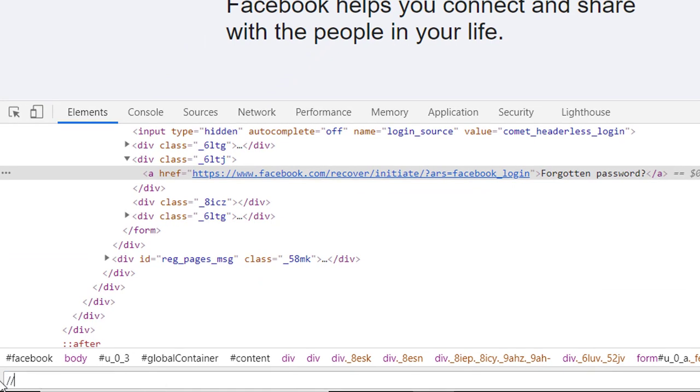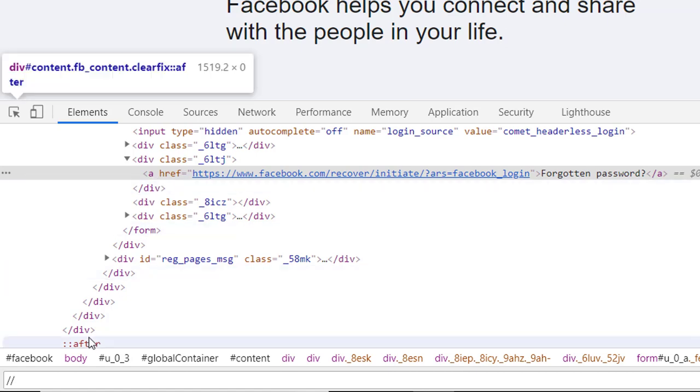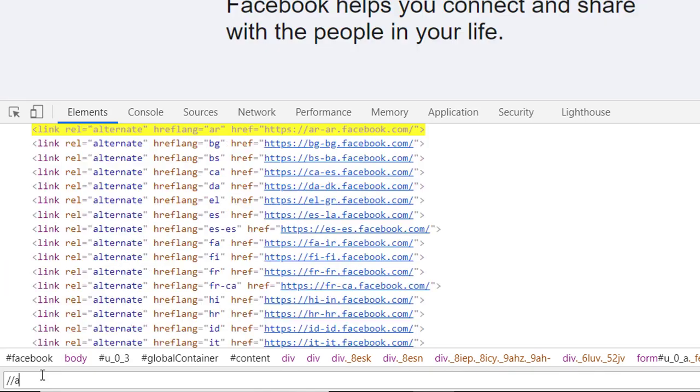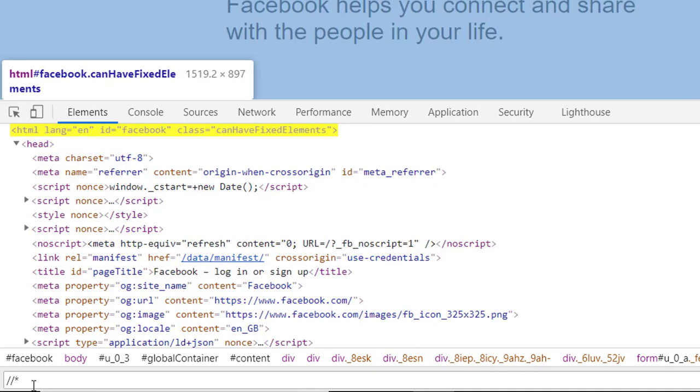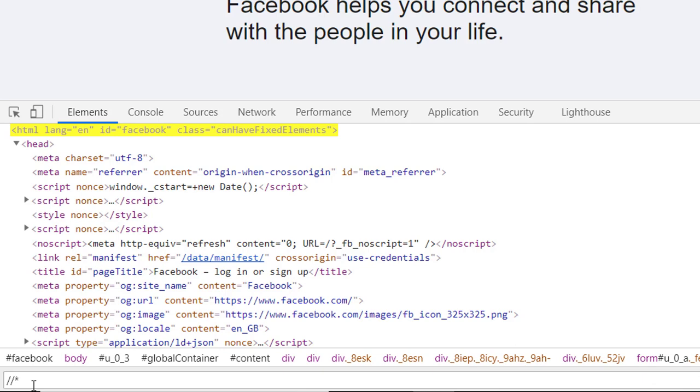I can simply put the double slash in here, and if the tag name is known to you, then you can put it. As we are working with this anchor tag, I'm putting the A in here, or you can also use the star. Star means we are considering each and every tag name, whatever the tag name will be.